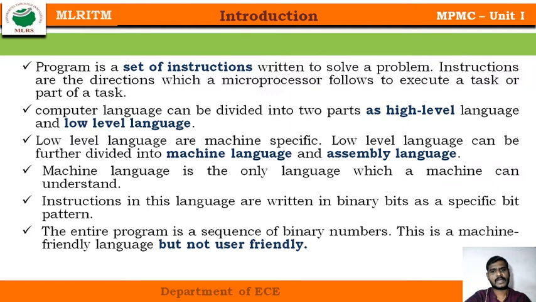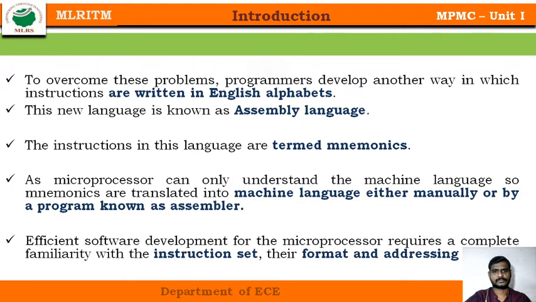In case of a high level language, it is converted into an assembly level language, and from the assembly level language it is converted into the machine level language. An interpreter or a compiler is used to convert your high level language into an assembly level language. From the assembly level language, again we use an assembler to convert to a machine level language like zeros and ones.